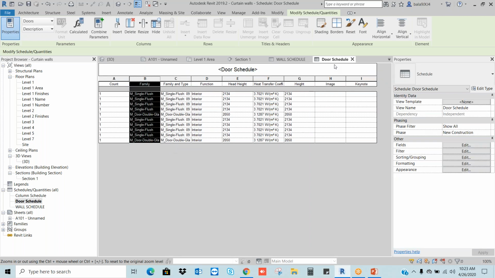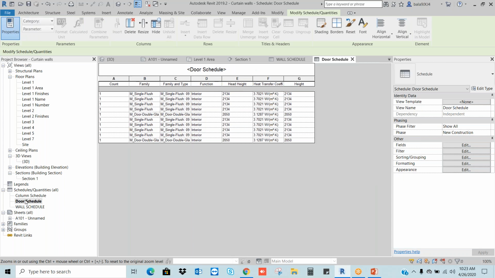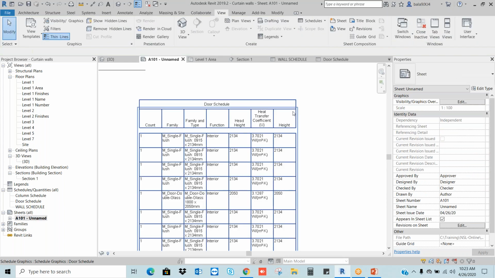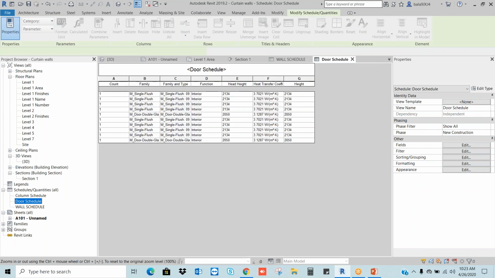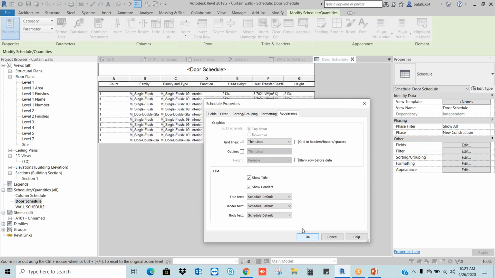So anytime you can add it, you can delete. So now you can adjust. I'm going to the appearance. I'm going to remove this blank. Here we can choose a text height also. Title text, header text, body text, whatever sizes you want, you can change it.